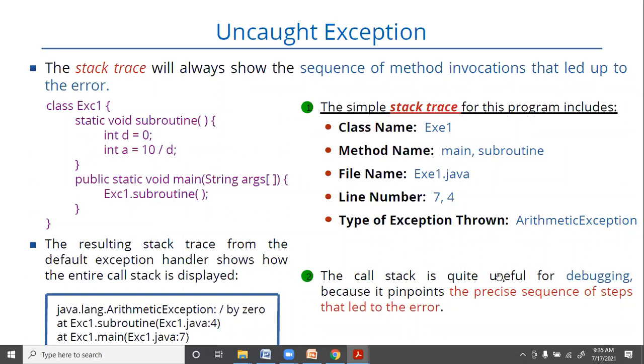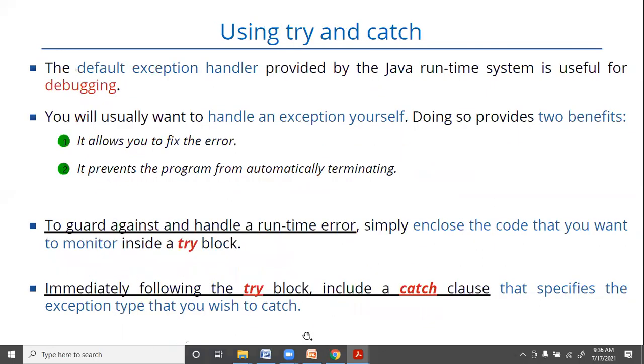So the call trace is quite useful. This is known as the call trace, or stack trace, whatever you call it. The call stack is quite useful for debugging because it pinpoints the precise sequence of steps that led to the error. How we can use the try and catch block, we will see in the next class, right? So we'll end the